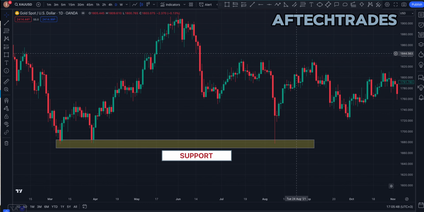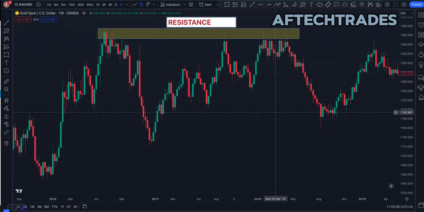So what is a resistance? A resistance occurs where an uptrend is expected to pause temporarily due to a concentration of supply. It is the level where sellers become active and prevent prices from rising further. So the sellers will come into this resistance side and prevent the market from continuing to rise. Rather, it will make the market go from an uptrend to a downtrend, back to the support area. So this is what support and resistance is. So now